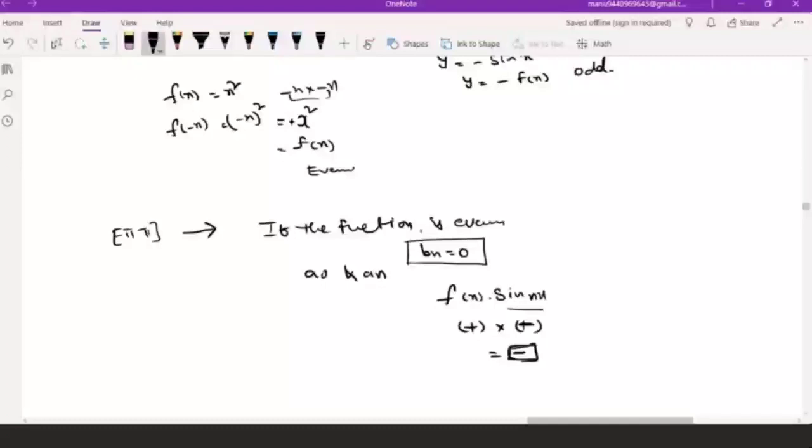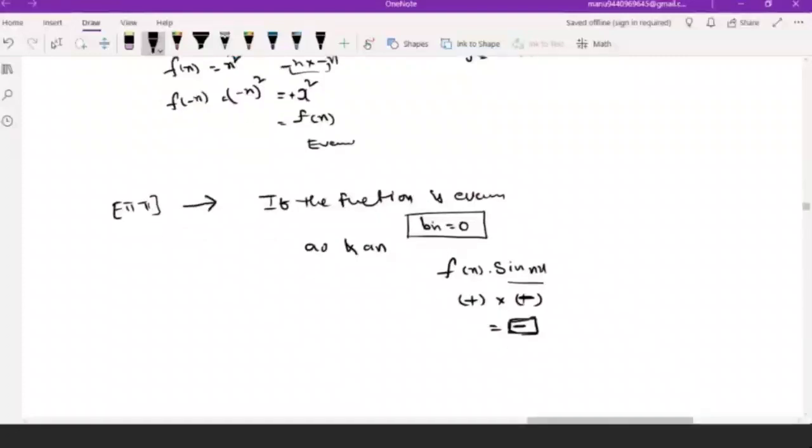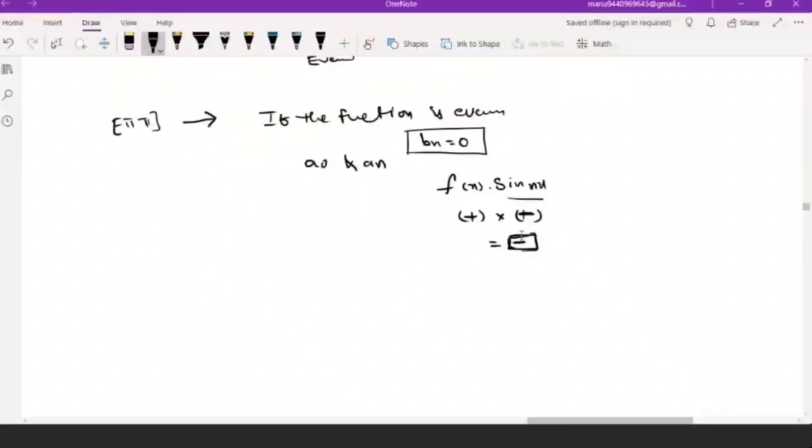So we have to find a naught and an. When we prove the given function is even or odd, if you get the even function, directly we write the bn value. For example, in the examination, you will be asked short questions like this: find bn value, find a naught value. F of x is equal to 0, then find a naught value in the interval minus pi, pi.